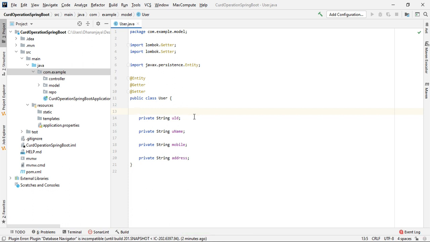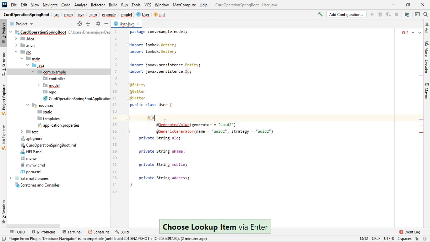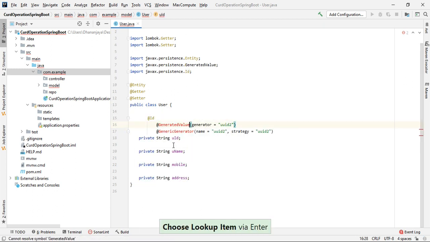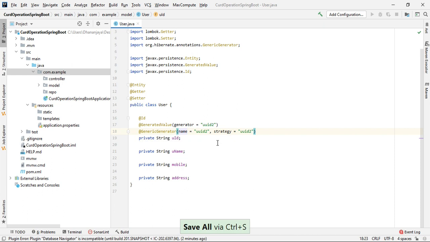I will add it so that it will automatically generate the ID for Spring Data JPA. It will generate automatically. This is the live template I have configured here for the UUID. So @Id, @GeneratedValue(generator = "uuid2"), @GenericGenerator with name = "uuid2" and strategy = "uuid2".